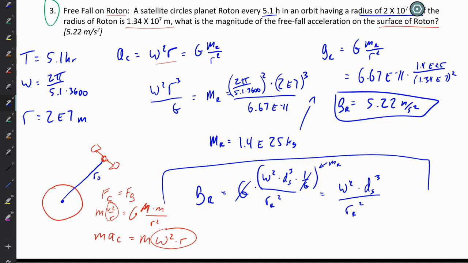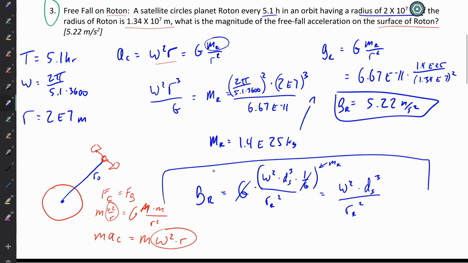Now, the satellite is orbiting in that way because of the mass of Rotan. And that's really kind of the question: what is the mass of Rotan? That's sort of the crux to this problem. So we've got to solve for the mass of Rotan. That's the key piece of unknown information. So